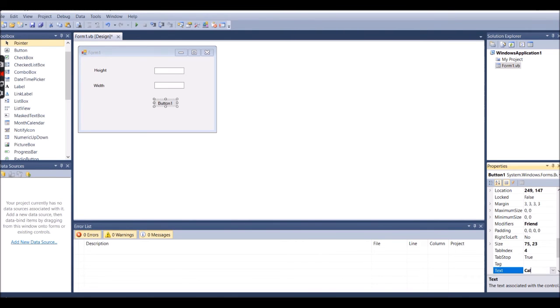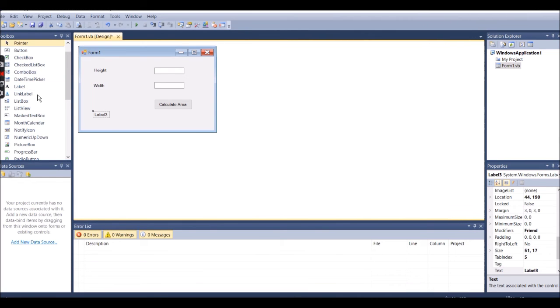How to write calculate area? Okay, calculate, calculate area. You will find here calculate area. Just make it big so that it will give you a proper shape. And after that, again what you need to take, label 3 you have to take. I told you I will show you like this directly.